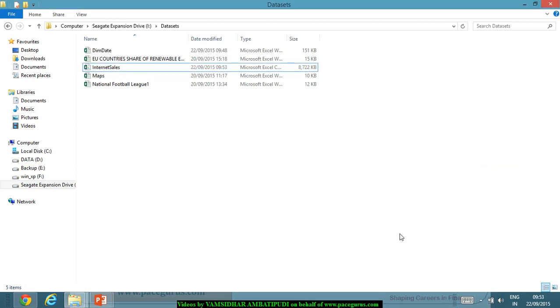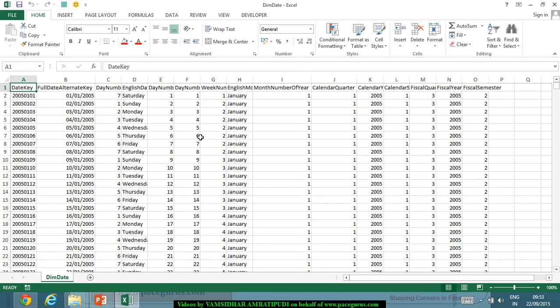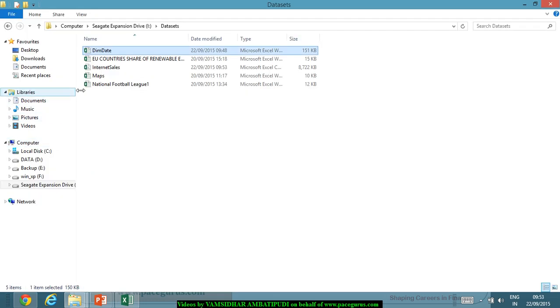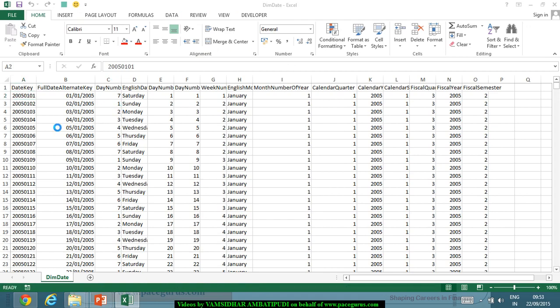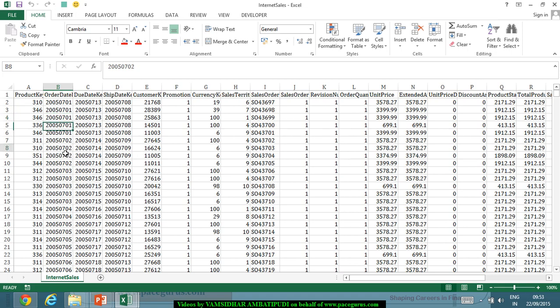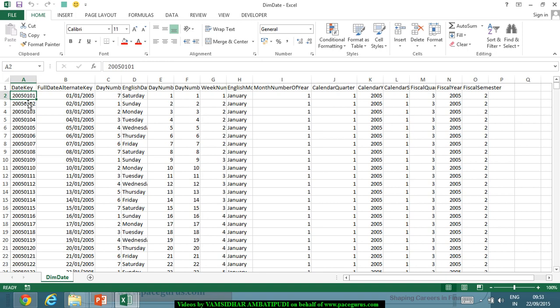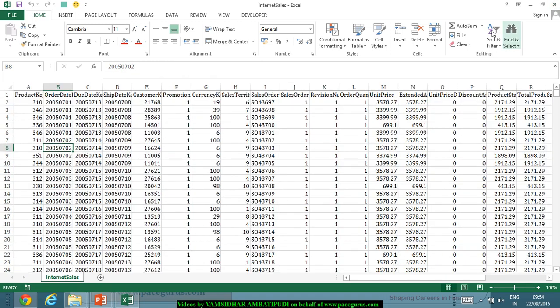And then I'm also talking about the other one, which is a dim date Excel sheet, which is talking about all the entries that were there. See, in this sheet, I have the dates marked in this format, right? 20050701, 20050702. So here we are trying to define what that does mean. So 20050101 actually means this particular date, and this is a Saturday, and this is the day number, lot of stuff, week number. So I have one table which is talking about the detailed description of this, right? Now I want to link these two things to really do some kind of analysis